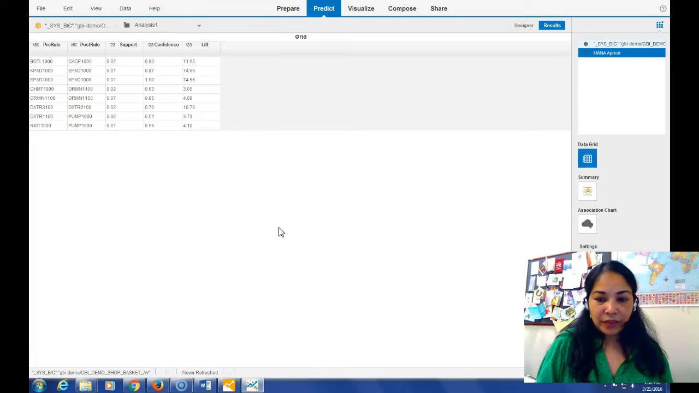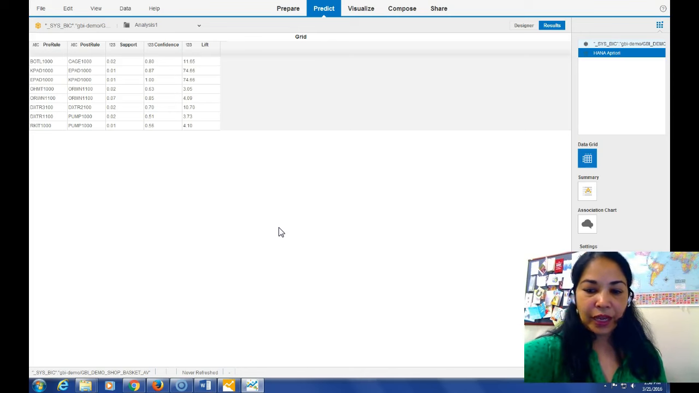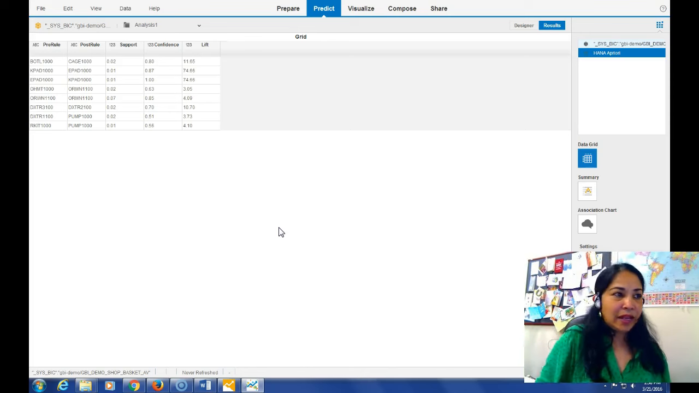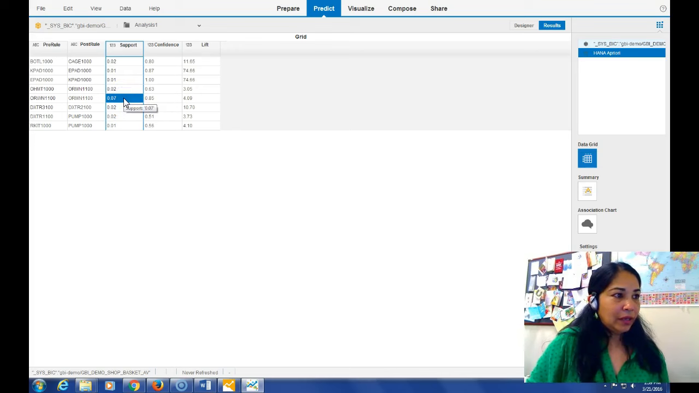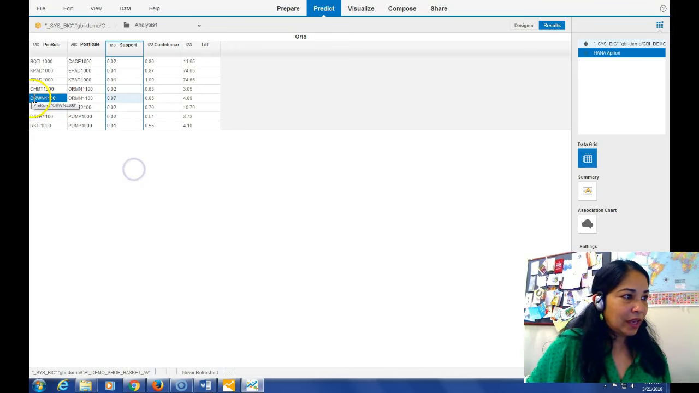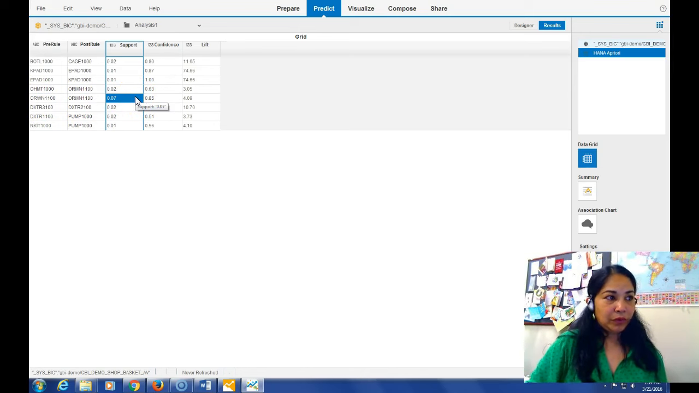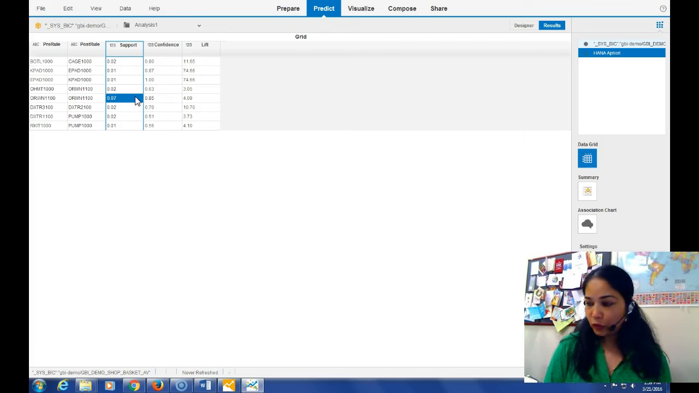Next I have to analyze the results and interpret them. Okay. So the question is, what rule has the highest support? So if I look into this one, 0.07, this has the highest support, right? Because 0.07 is the highest number. So what does it say? Pre-rule and post-rule. It basically says that